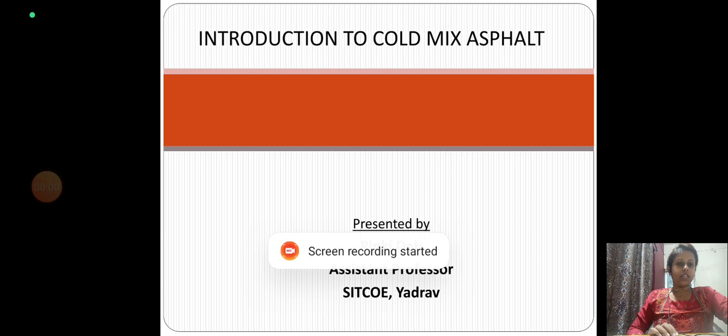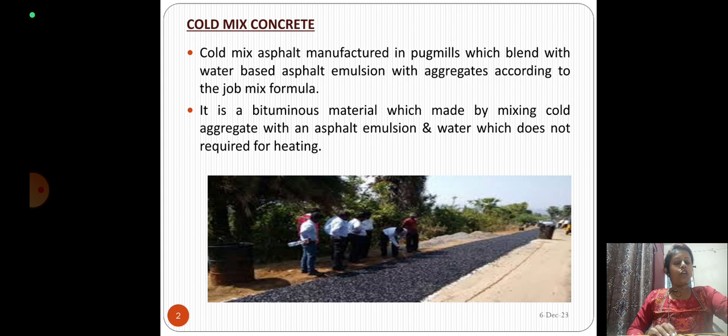In this presentation, I will discuss cold mix asphalt. Cold mix asphalt is one of the sustainable road construction technologies where the bitumen emulsion is mixed with cold aggregate, which does not require any kind of heating. It is manufactured in any pug mill or hot mix plant